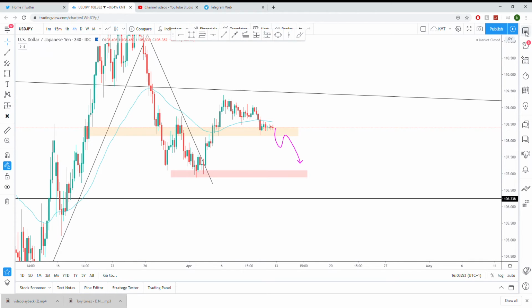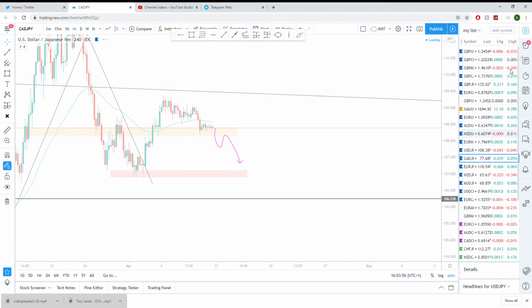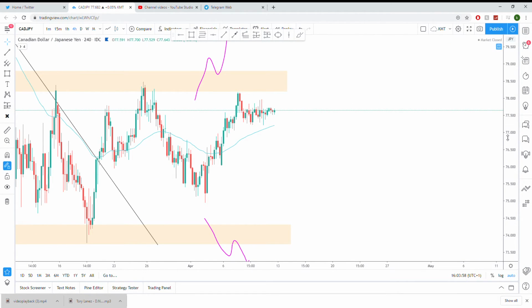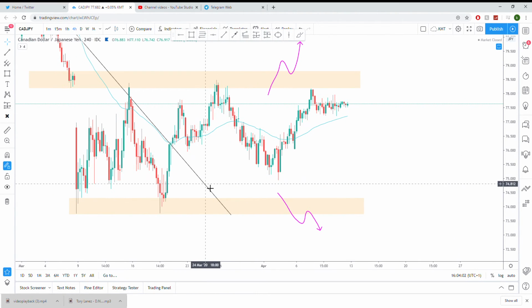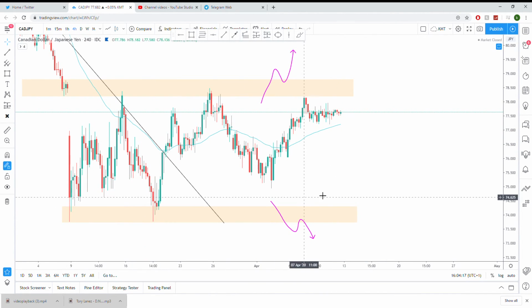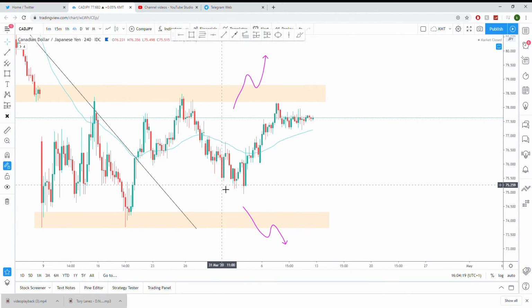So moving on to our next pair, Canadian dollar to the Japanese yen. And what I've noticed as well is we're stuck again in this range. I can't remember the last time Canadian dollar or Japanese yen have been range bound for a long time, but this is one for the year. So 6th of March we've been stuck here, and it's taken a whole month for us to get out of this range. All a range bound pattern purely means is there's just a big indecision in the markets,